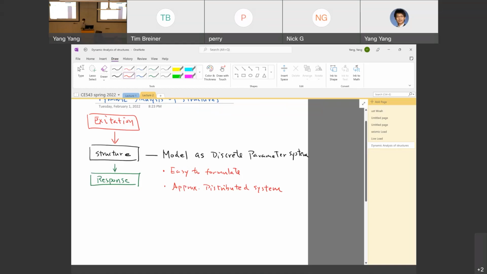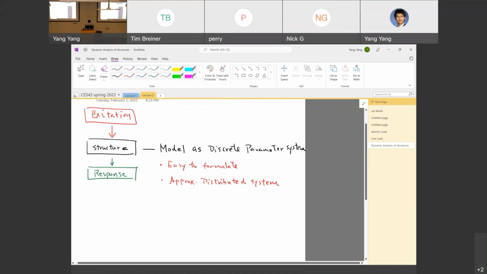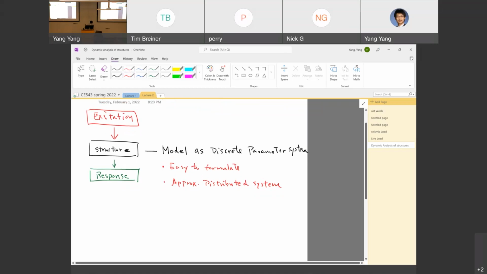In most cases, their response is very close to the distributed system. So for example, let's talk about the single degree